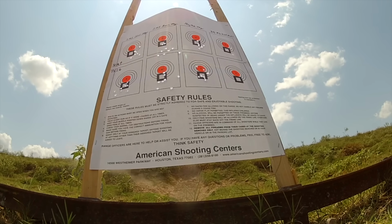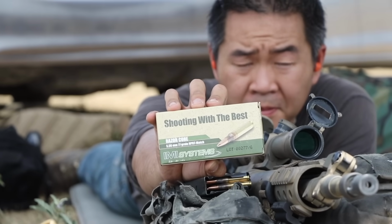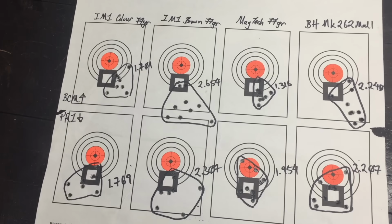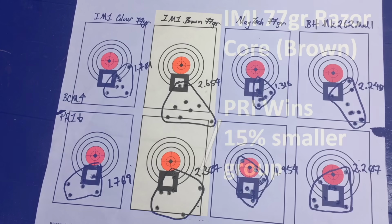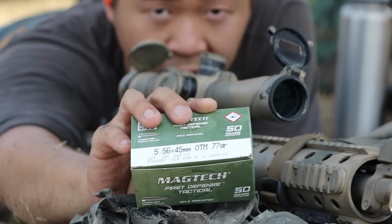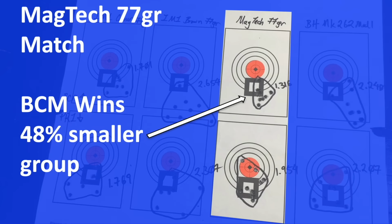So how did we do? With the IMI color box, the BCM won by a 4% smaller 9-shot group at 1.7 inches. The IMI brown box was a worse performing ammunition, and the PRI won out by a 15% smaller 9-shot group at 2.3 inches. MagTech yielded the best group of the day, with the BCM printing a 1.3 inch 9-shot group